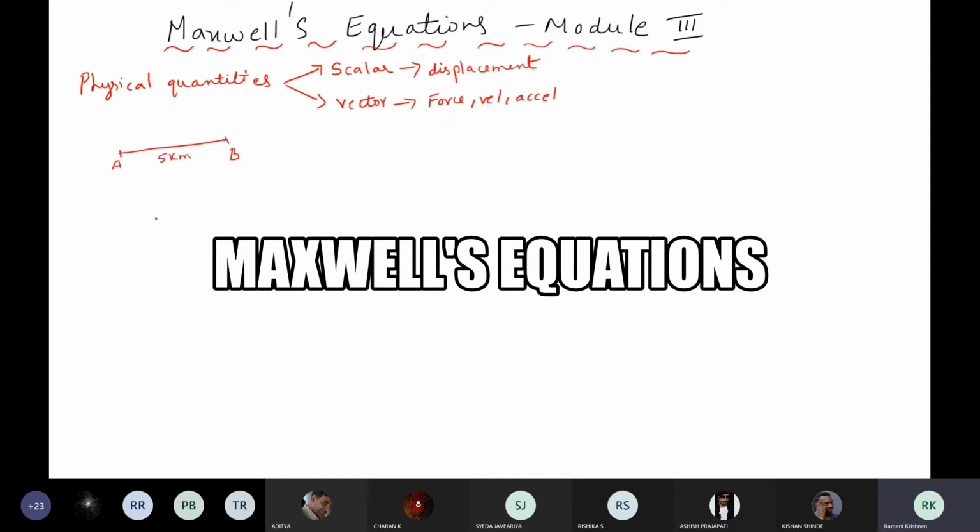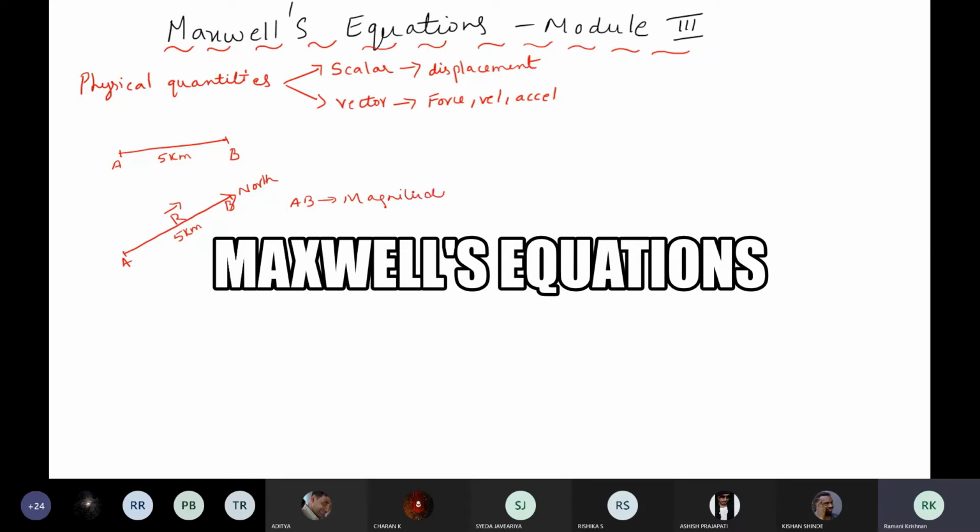Right. Vector means what? I should have both the magnitude and the direction, isn't it? For example, again I write AB. So these are all basics for you. AB gives me the magnitude of the vector. For example, this is also 5 kilometer. A person has moved 5 kilometer towards north. So magnitude is given by the length of the arrow mark, which is AB.